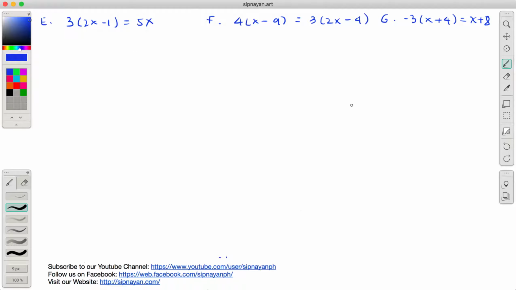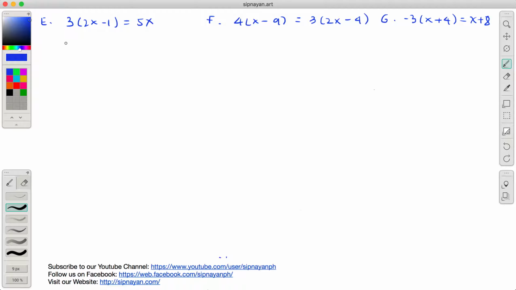So, yung multiplication. So, for example, a times b plus c, yung distributive property says that we have to multiply a and b and then plus, kung ano man yung operation dito, and then multiply a and c. So, pag minus yan, minus din siya. No? Okay, so let's have our first